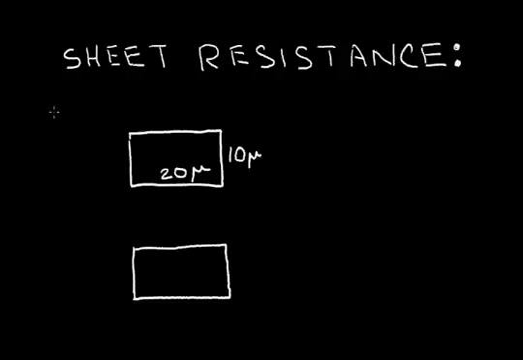Let's review resistor concepts by solving some simple problems. Let's first review sheet resistance. Here I have two materials, two identical rectangles, 10 microns by 20 microns. On the top rectangle, I want to connect